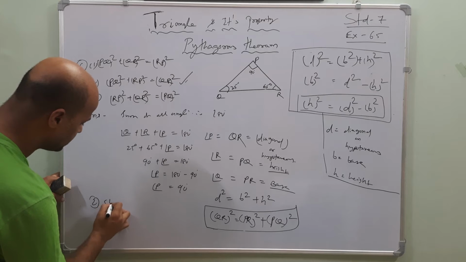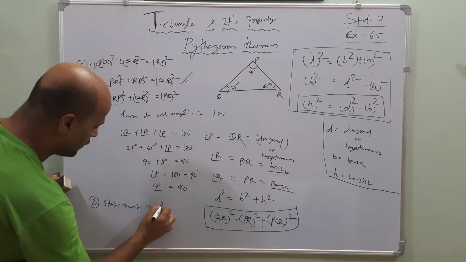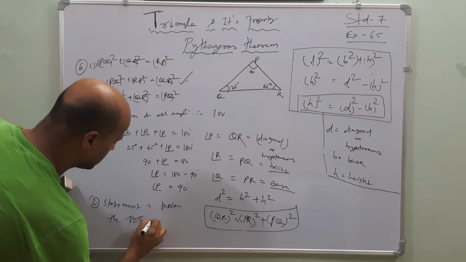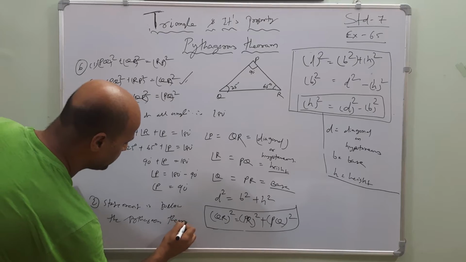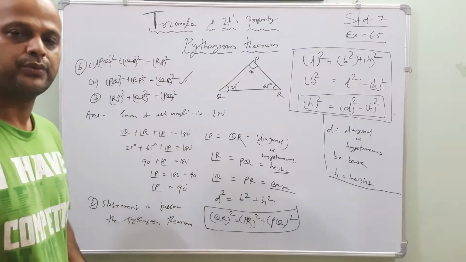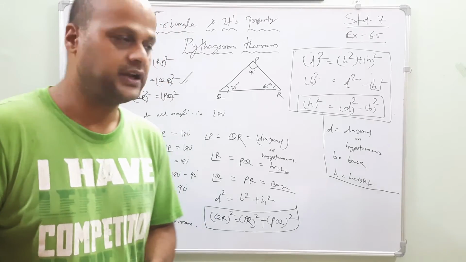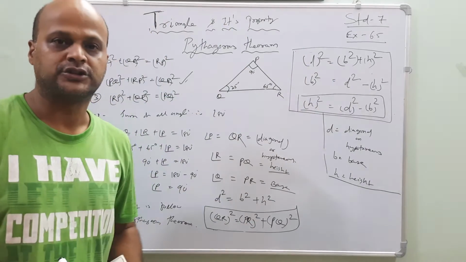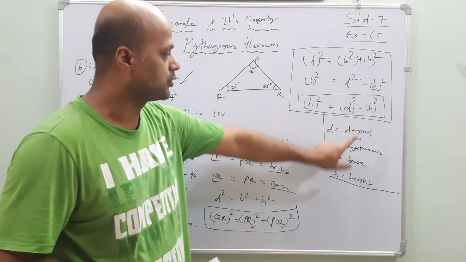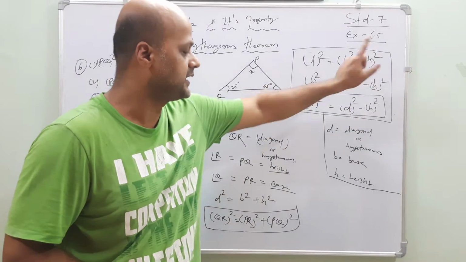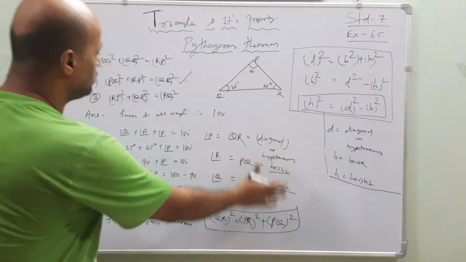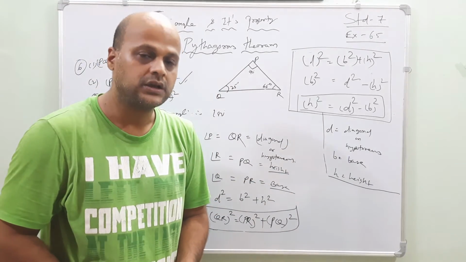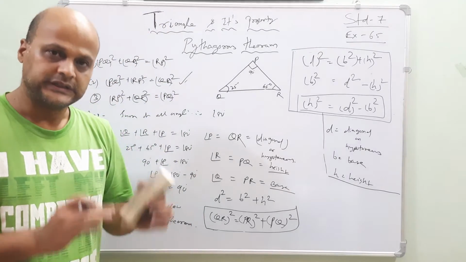The second statement follows the Pythagoras theorem. Understood, my dear friends? In this manner you have to solve the question. Is it easy? You only have to remember the Pythagoras theorem. What is D? Diagonal or hypotenuse. What is B? Base. What is H? Height. If an angle is given, then you find the Pythagoras theorem related to that particular given drawing. Is this understood?